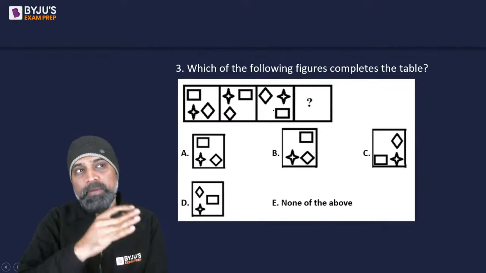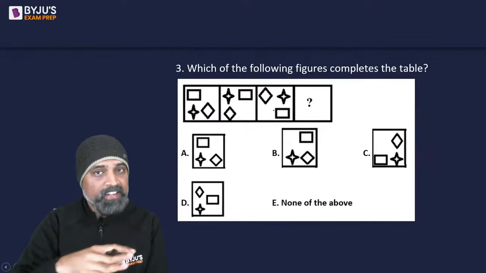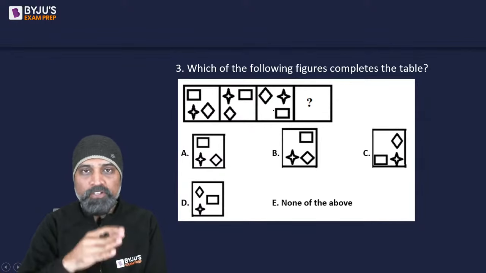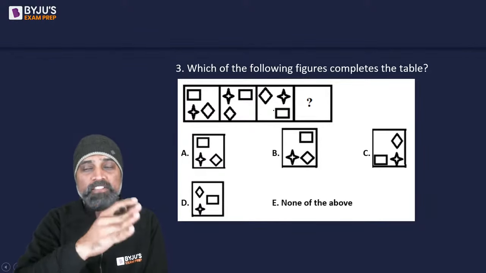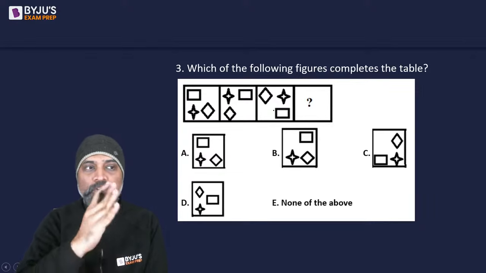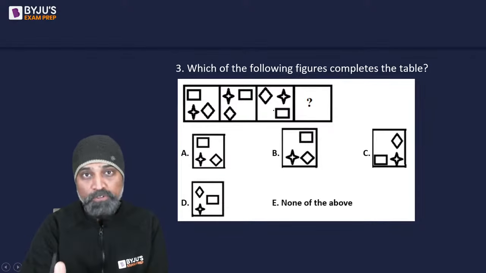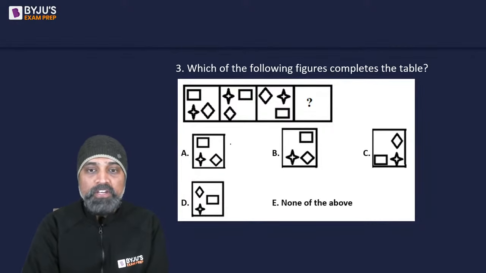Okay, the movement may be clockwise, anti-clockwise, random, diagonal. So you need to find out whether it moves at the four corners, or is it moving along the four corners as well as along the four sides, right? So there are three figures throughout. Let's call this one star. So star is at the corner, which is